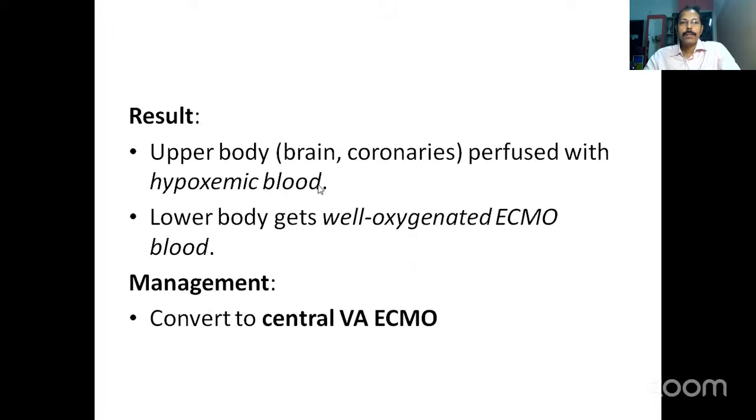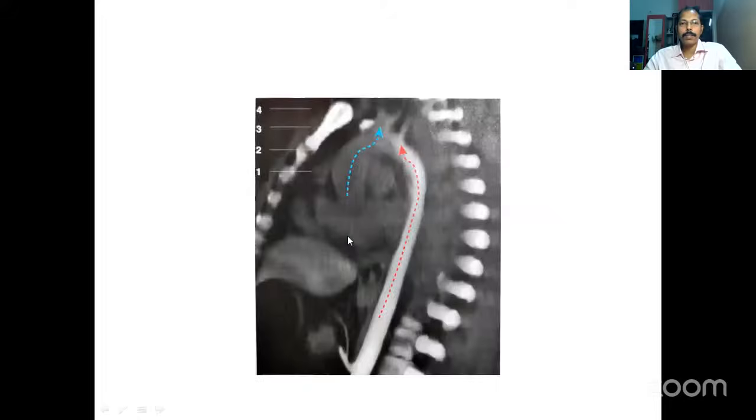So upper half of the body is perfused with hypoxemic blood, the lower half of our body will be well oxygenated by the ECMO blood. So once the patient develops this Harlequin syndrome, we have to convert the peripheral ECMO into central VA ECMO. So that is a solution to avoid this complication. Again, this picture has been given in your book. So you can appreciate the deoxygenated blood ejecting from the left ventricle enters the upper half of the body through the